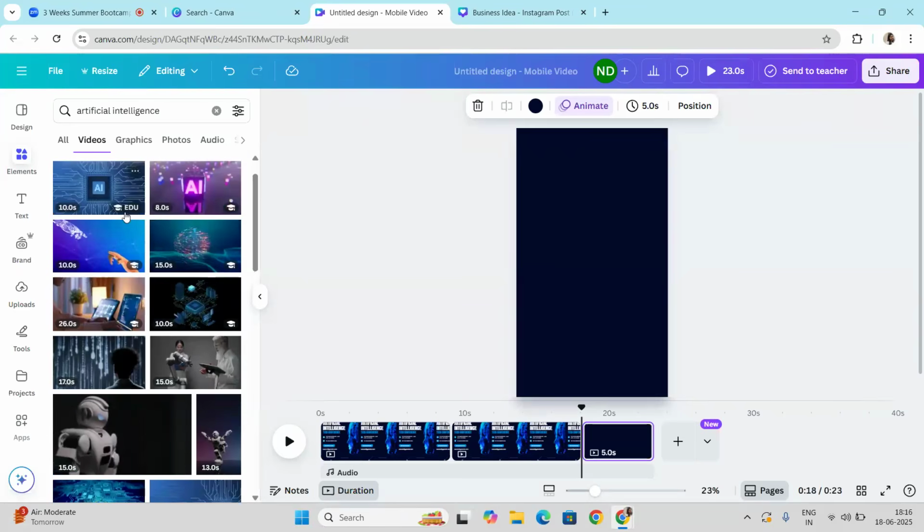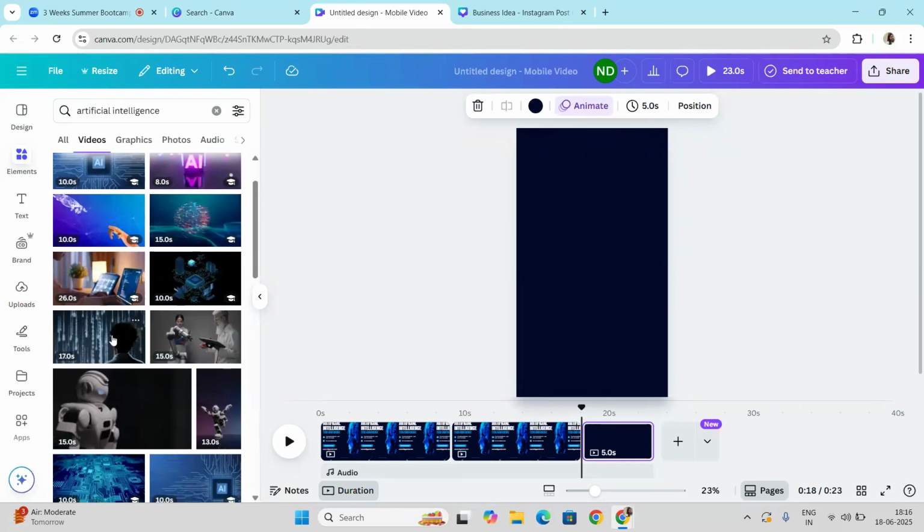But in case you want to use this video in the background, how can you use it? Again, I have told you about dragging and dropping the image. The same thing we're going to apply here by dragging and dropping it to the corner of the video. If I take it to the center, it will not be applied to the whole page.